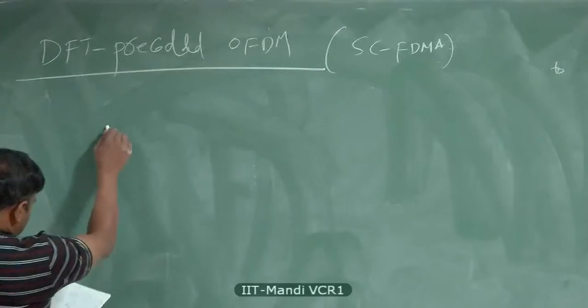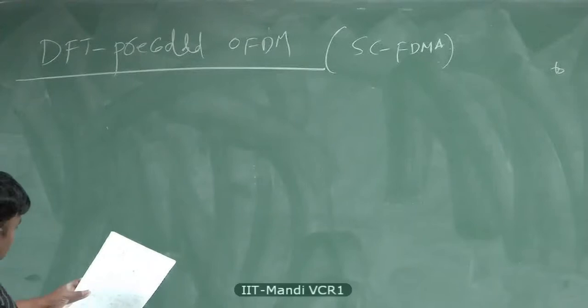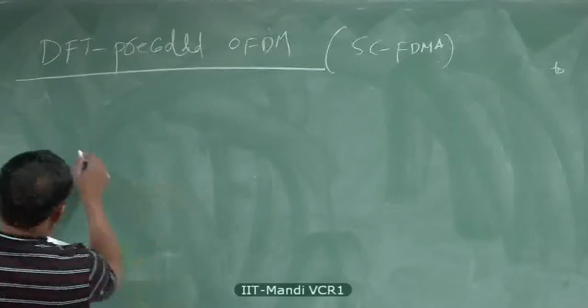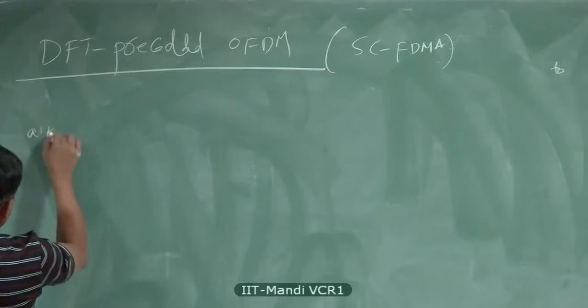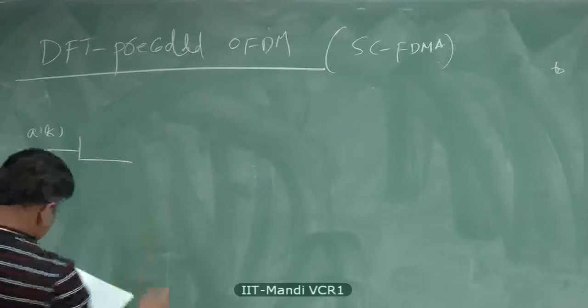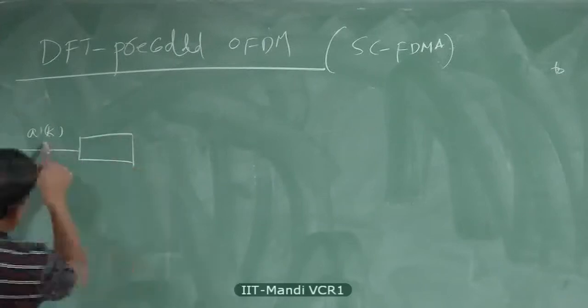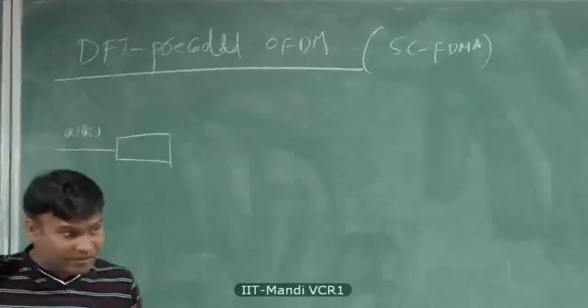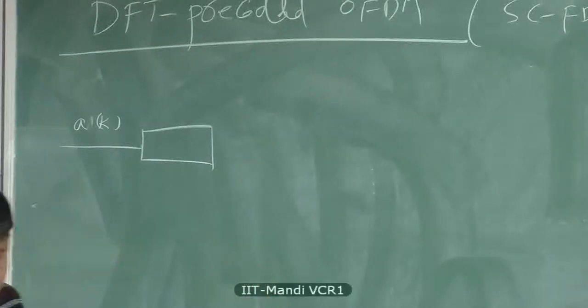So you know OFDM X of K, right? Yeah. So let's not use X of K. We'll use something else. We have data that we want to transmit, A of K. Okay, K does not necessarily denote frequency domain here, but just an index, okay? And this is the data you want to transmit. Just like OFDM has X of K, this is the data we want to transmit. Instead of X of K, we'll just call it A of K.